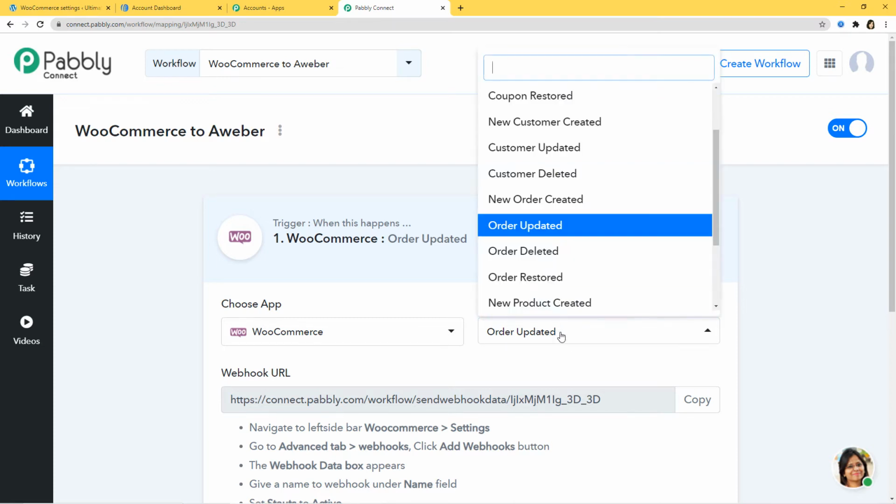So when you go and see in this method, you can see we have many trigger methods available. You can select whichever you want according to your workflow. And if you don't get the trigger method of your choice, you can contact our team at admin@pabbly.com, and our team will help you to look for your specific trigger.